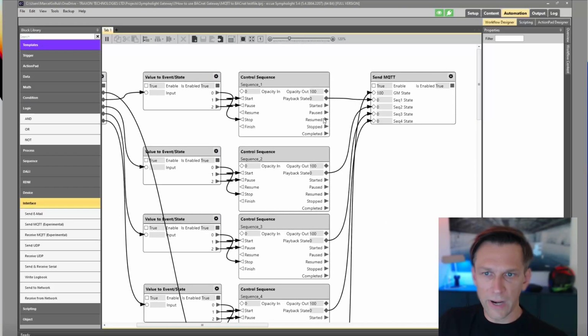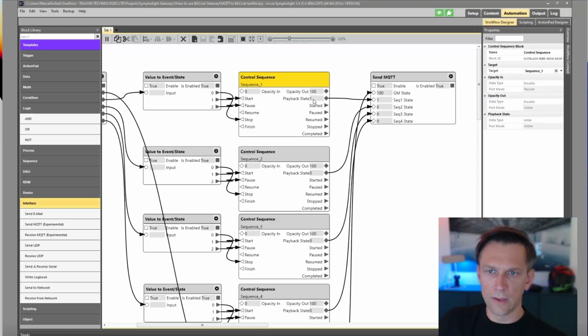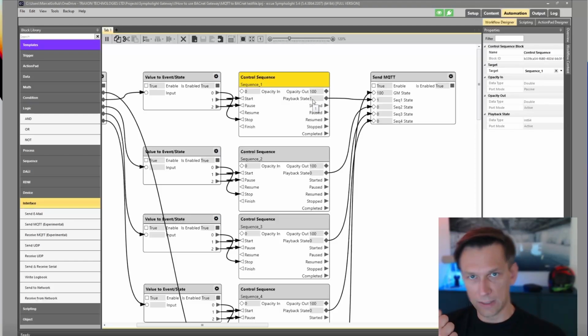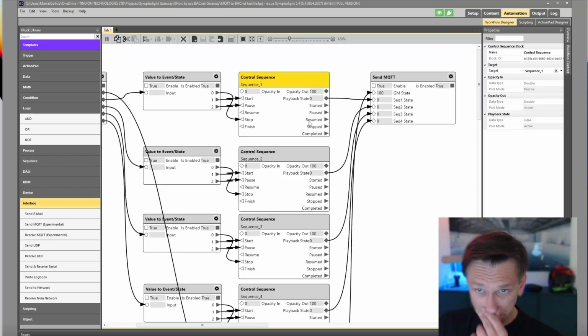So in this playback state, let me start the sequence here, it is now 1. And this playback state needs to be reported back to the BACnet gateway, reported back to the KNX system. So the playback state has been changed to 1, and then we have here the block 1, and this 1 will be reported automatically to MQTT. So let us stop this. So we have here it's fading out, then we have a 0, and here also a 0. Okay,